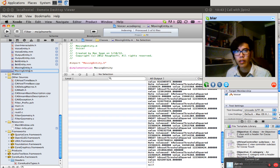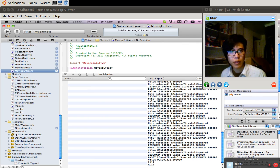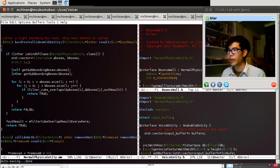Let's make it an MM file so we don't screw ourselves up. I guess it's looking at Git. I don't know what that did, but I hope it didn't screw anything up. See how slow it is right now? Okay. Anyway,